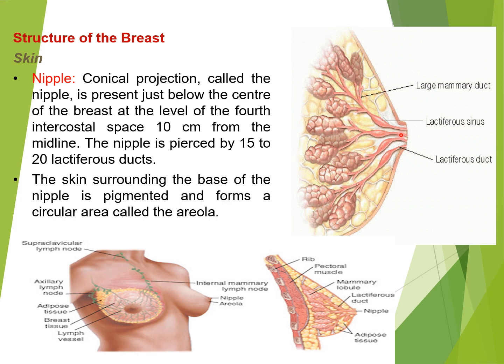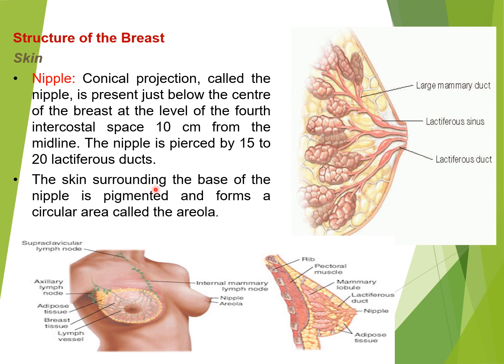Okay, and it contains circular and longitudinal smooth muscles. What is the function of this circular and longitudinal smooth muscle? The circular muscle is helpful for the erection of the nipple for suckling, and the longitudinal muscle is responsible for the retraction of the nipple.